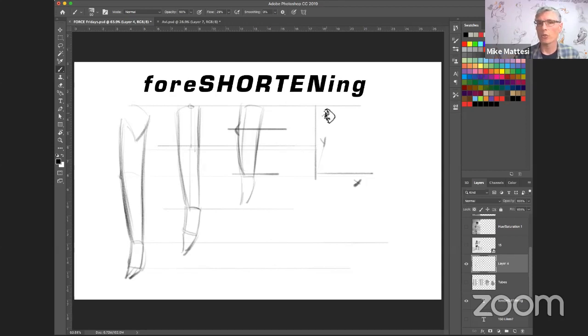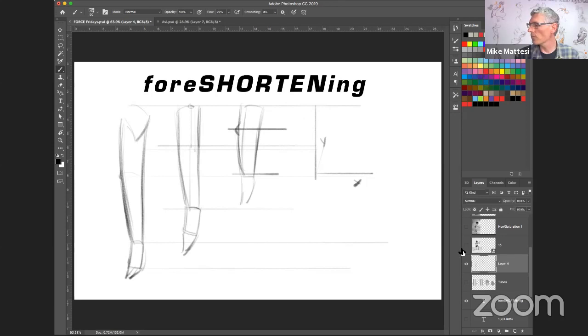So here I've made them shorter. Typically what happens when students are drawing a model is they'll do the opposite. They'll make things longer. So the photograph will actually have foreshortening in it, or the real model in a classroom would have the foreshortening in it. And a very common challenge or issue that I see students come across is they make things longer, right?